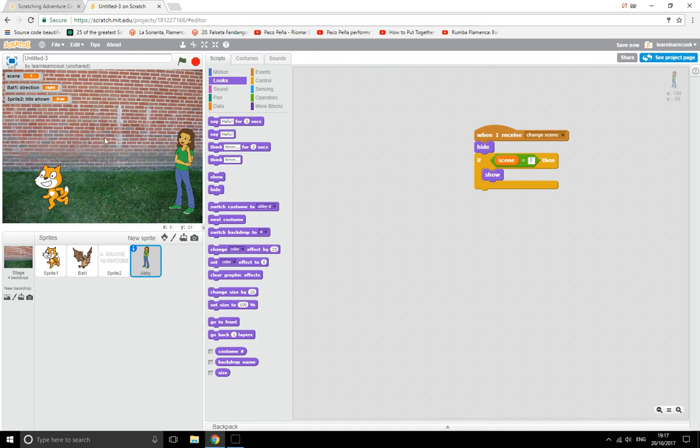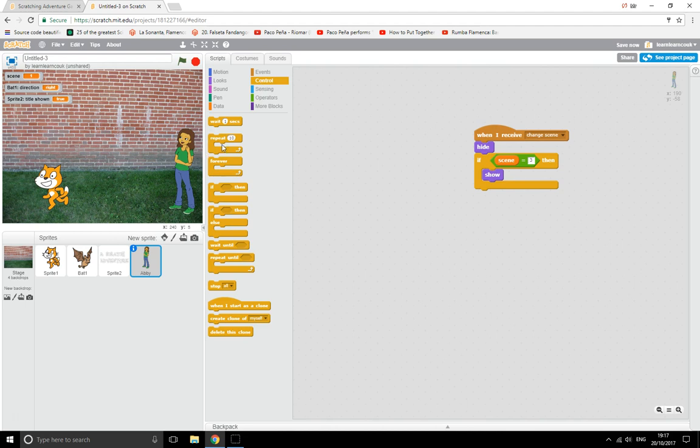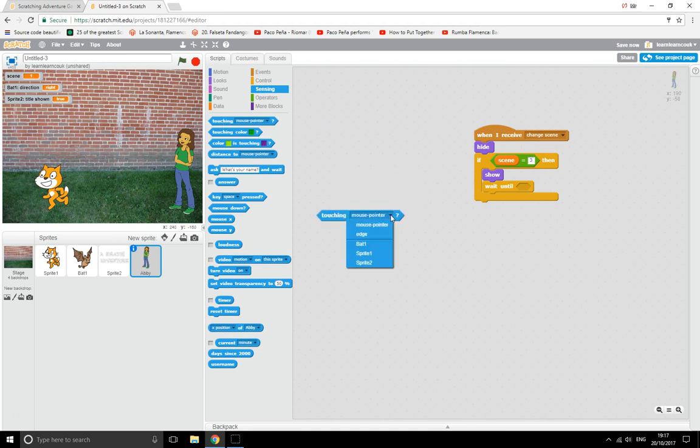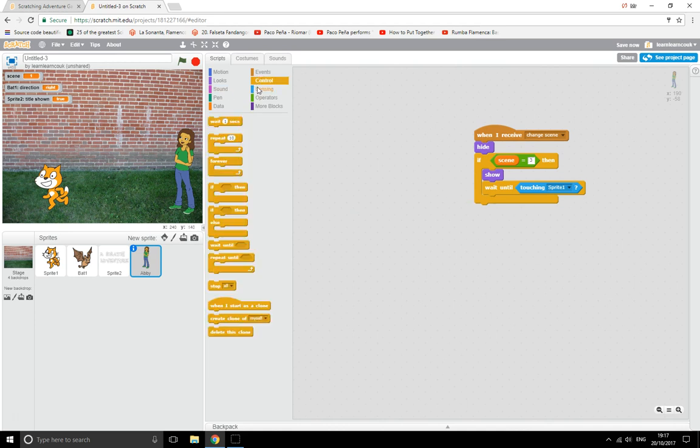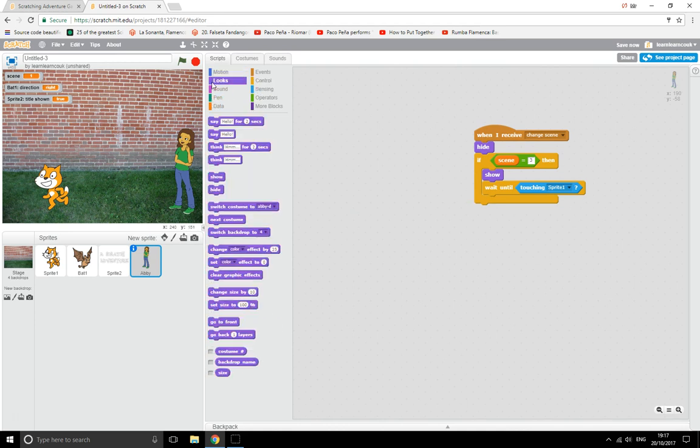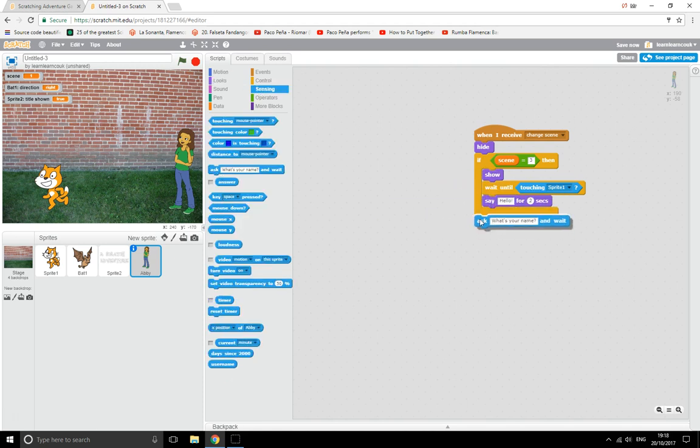What's going to happen is we're going to show Abby, and then she's going to wait until she's touching Scratch, and then she's going to talk to him. So wait until touching Scratch. What's Scratch called? Sprite 1. Wait until touching Sprite 1. And when she touches Sprite 1, we're going to say hello. And then we're going to ask him his name. So ask, what's your name? And then when he answers,